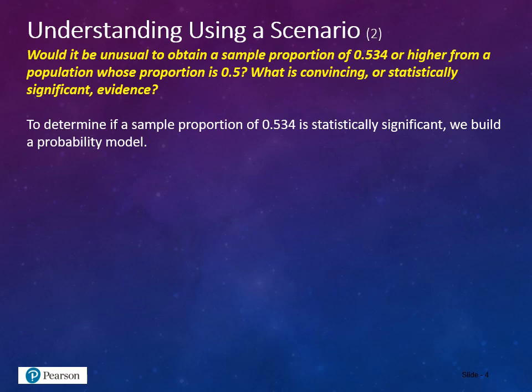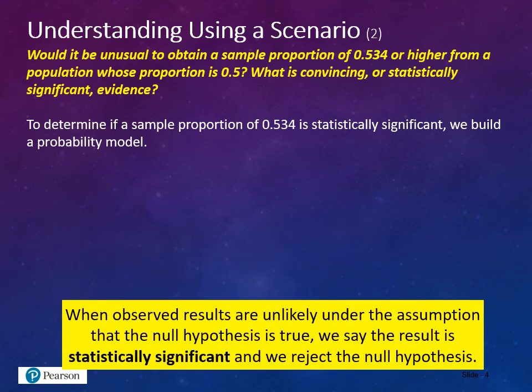To determine if a sample proportion of 0.534 is statistically significant, we need to build a probability model and then see what the probability of getting those scores or those responses is. When observed results are unlikely under the assumption that the null hypothesis is true, we say the result is statistically significant and we reject the null hypothesis. So this is what we're looking for: